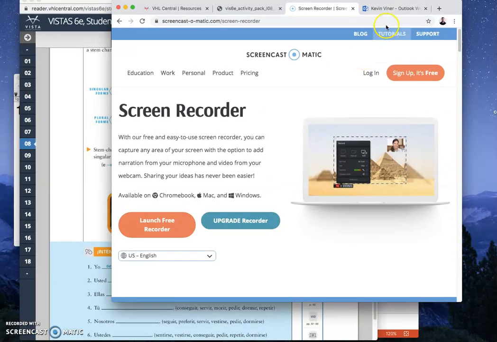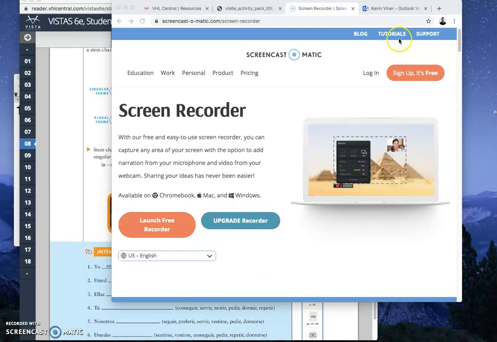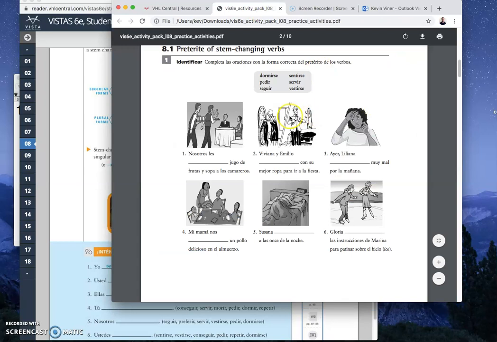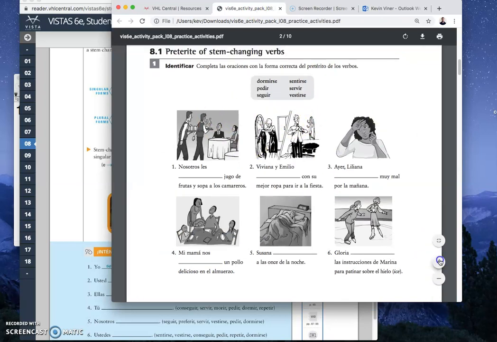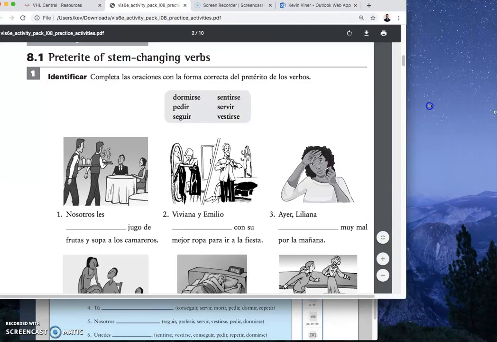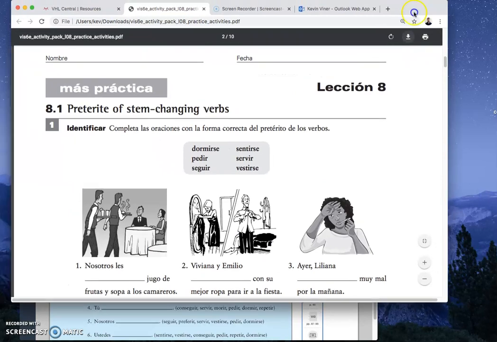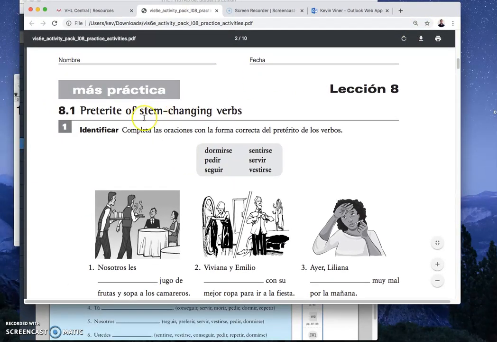Let's go over here. Let me close this. Vamos aquí. Yo tengo una actividad. Muy bien, so let's do this together. I'm going to actually make this nice and big so you can see it. I'm going to write the answers on a piece of paper, or on a document so you can see it spelled, okay?